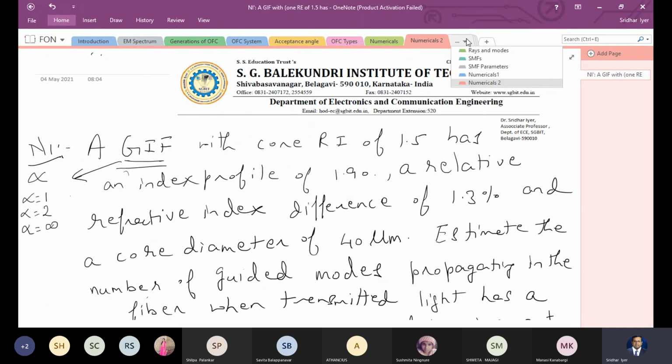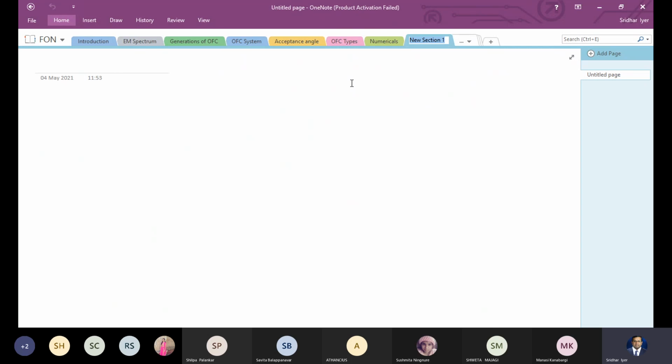Okay, and we've discussed all the points which are specified in your syllabus, as well as everything which is required in terms of understanding the operation of an optical fiber. So we have discussed what are the advantages, what are the windows of the fiber, what have been the generations, which is the spectrum range over which fiber operates, how it operates, how light will propagate using Snell's law, and then further the total internal reflection. What is the concept of modes? What is refractive index based on which we can have types of fibers?